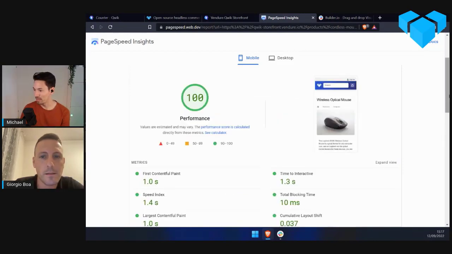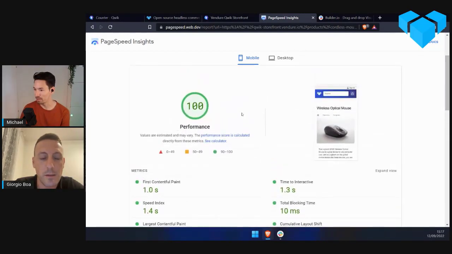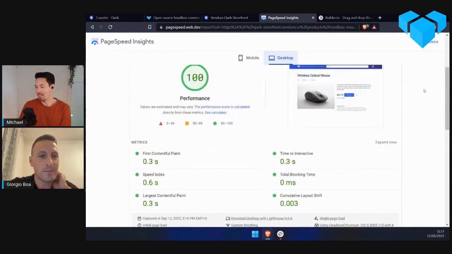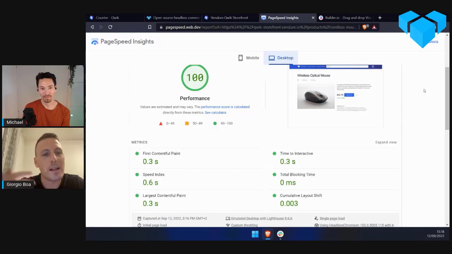And that's mobile, I just noticed, which typically has a lower score than desktop. And so desktop is, I mean, this is just ridiculous. Everything's almost zero. It's like loading a hello world HTML page or something. It's about as performant as that. Because basically, what we saw and said before, it's just a little JavaScript and HTML. And then if the user clicks somewhere, Qwik downloads the rest of the application for you.